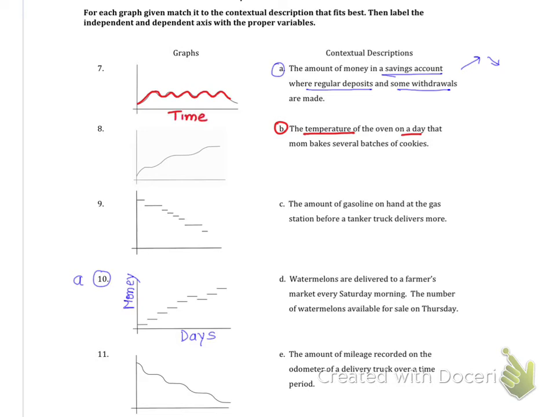At different times of the day, the oven temperature was almost the same for baking cookies. So that's our labeling. If I go to the next question, C, the amount of gasoline on hand